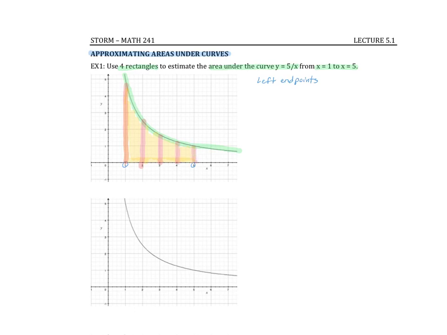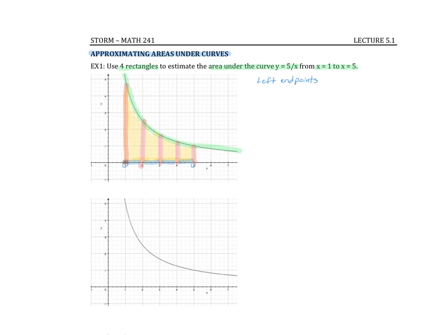So I'm going to be partitioning off this area into 4 rectangles. So now I want to create my rectangles. If I use the left endpoints of each one of these intervals that I've created,